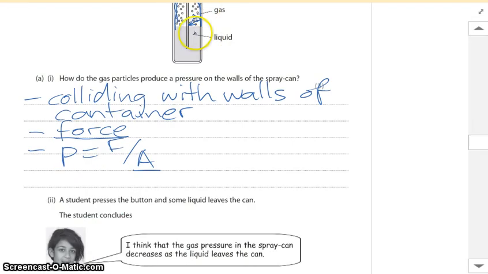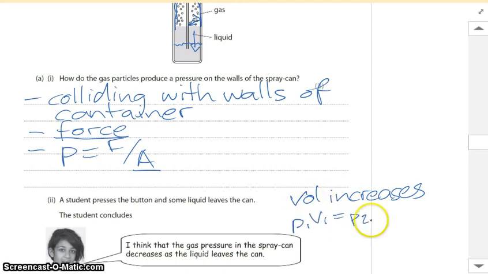For part 2, if the level of the liquid goes down, then most of you identified the fact that that means that there's more volume for the gas. So if the volume increases, then there's a couple of ways that you can say it. You can either use Boyle's law, which is P1V1 equals P2V2, and you can say, okay, if this number here increases,